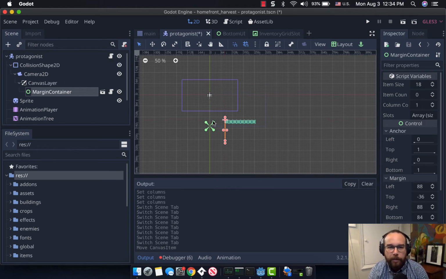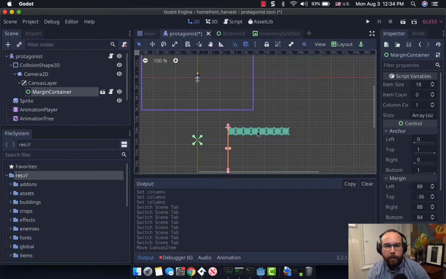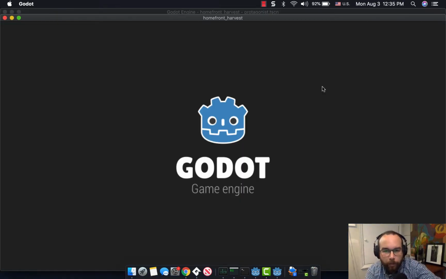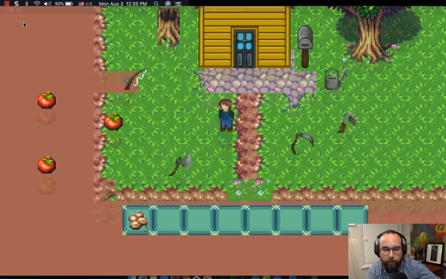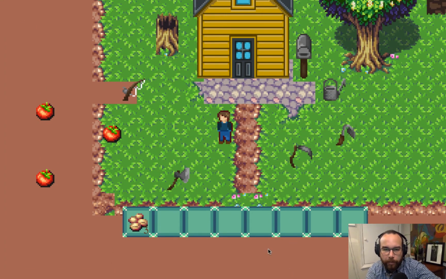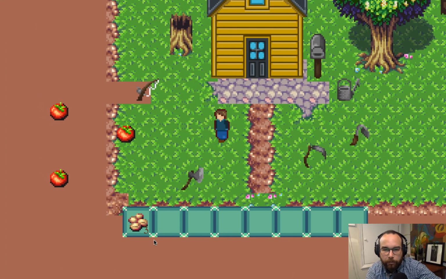I think it's because the canvas layer wants to draw this inventory at the bottom of the screen, and it just so happens to be here, so that when I play the game, it's sitting sort of in this spot. I'm eventually going to work through getting it really attached to the bottom here, but I'm able to run over,